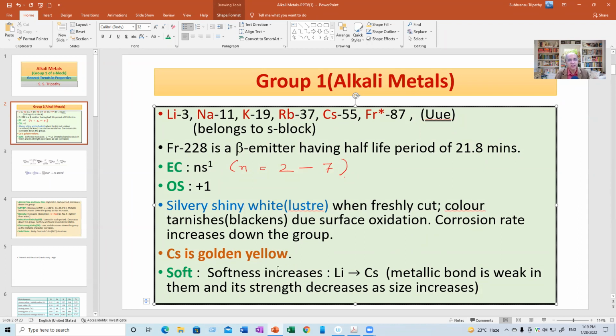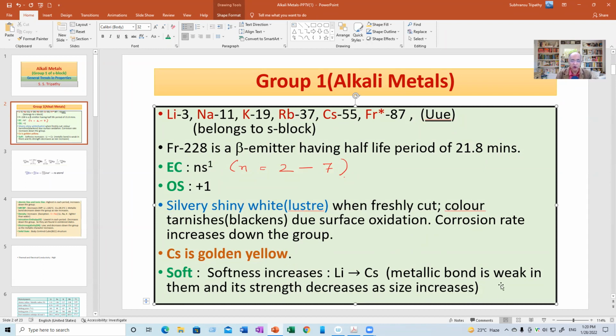Cesium is the only exception. It looks golden yellow. Others are silvery white. They are soft metals, can be cut by a knife, and the softness goes on increasing down the group. All are soft